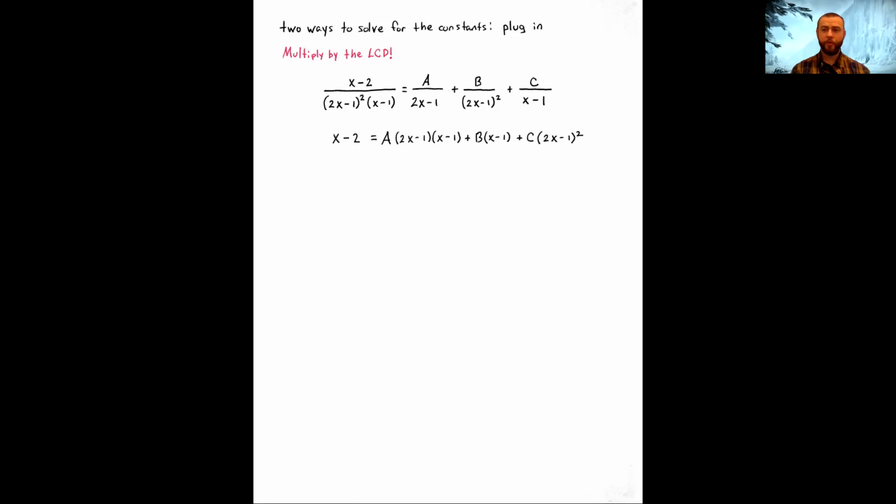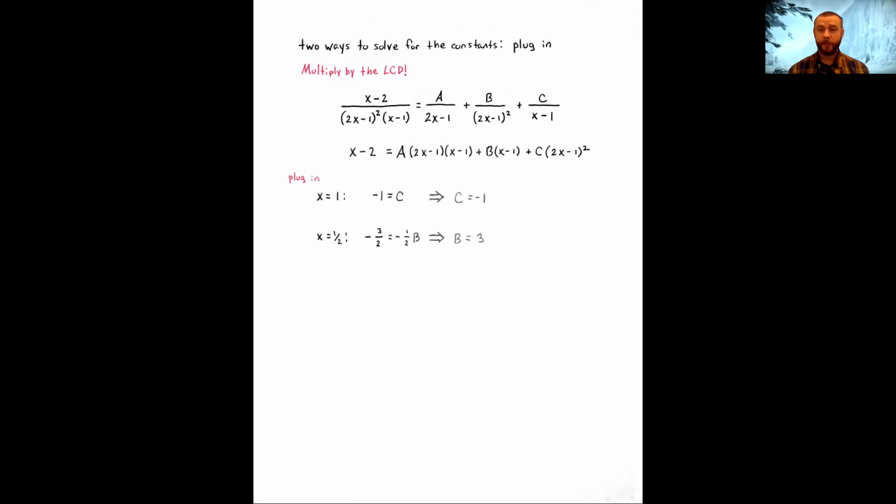All right, now there should be 2 easy values of x to come up with. What makes 2x minus 1 equal to 0? x equals a half. What makes x minus 1 equal to 0? x equals 1. So we have 2 nice, simple values to plug in, 1 and 1/2. You should very quickly be able to solve for C and B. But here, since 2x minus 1 was repeated, we don't have a third distinct linear factor to solve here for